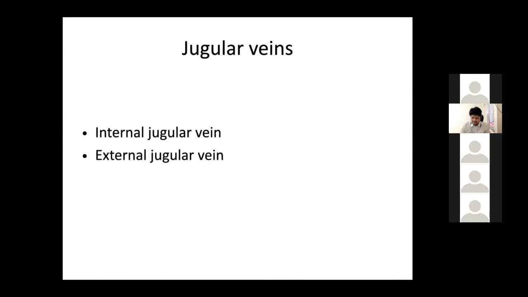Second most important thing is that it either doesn't have valves or has very few valves, compared to the external jugular vein where multiple valves are there, and so the pressure cannot be directly reflected. So the IJV doesn't have valves compared to the EJV. And the third important point is that the EJV, because it is coming from the left innominate vein, is compressed by the arch vessels or aortic aneurysms and between the arch vessels and the sternum. So the kinking is too much in the external jugular vein, unlike the IJV, which is in straight proximity, so there is not much kinking. These three reasons are the most important reasons why we use an IJV and why we don't use an EJV.